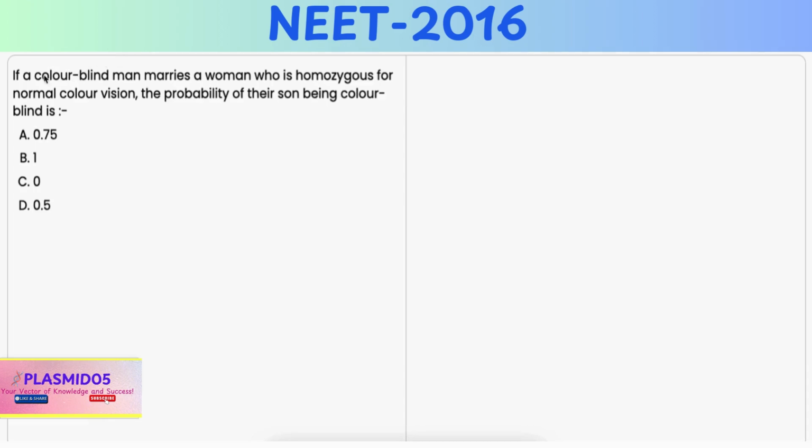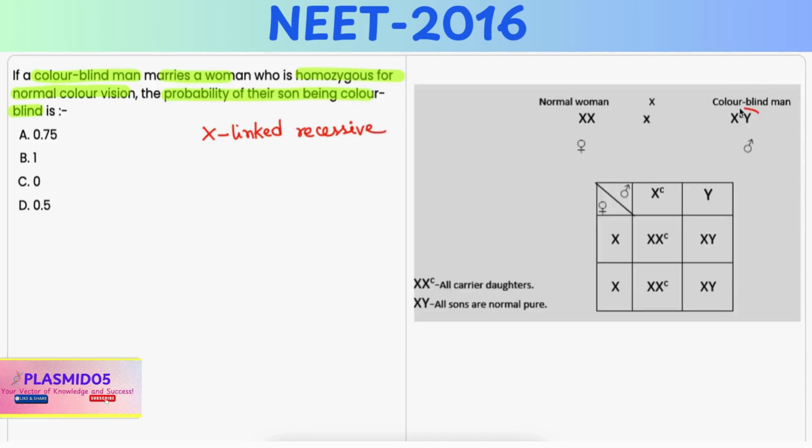In this question, it is given that a color-blind man marries a woman who is homozygous for normal color vision. So, what is the probability of their son being colorblind? Now, color blindness is a sex-linked recessive trait which is carried on the X chromosome. So, the man with color blindness has the genotype XcY, while a homozygous woman with normal vision has the genotype